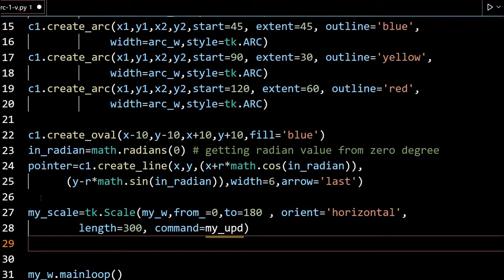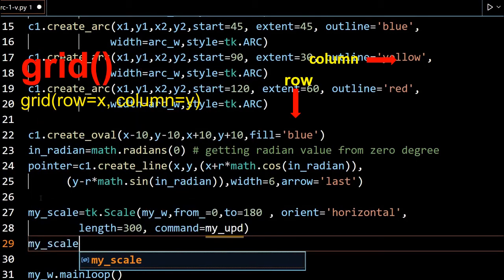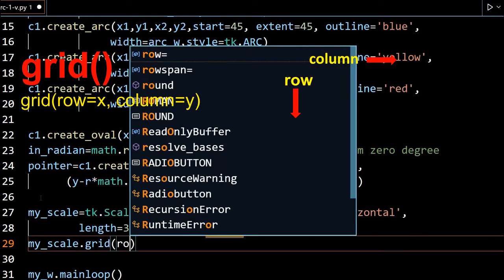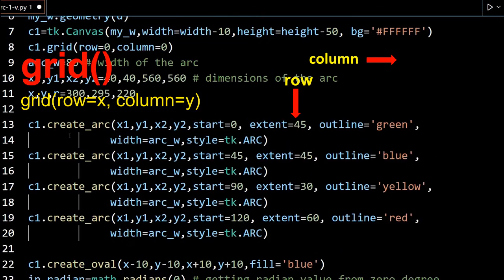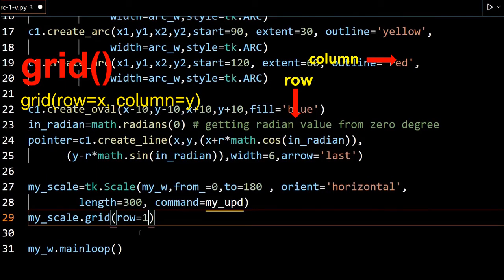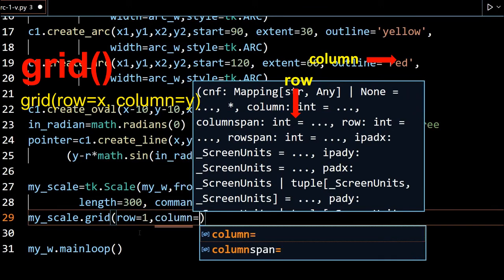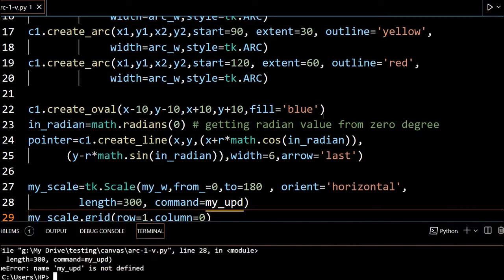Now I will place it using grid, my scale dot grid row equal to 2. I think the first one, canvas, we have kept at row 0, so it should be 1. Okay, row equal to 1, and under the same column, column 0. So that's all. Now the key thing, let's check it once.